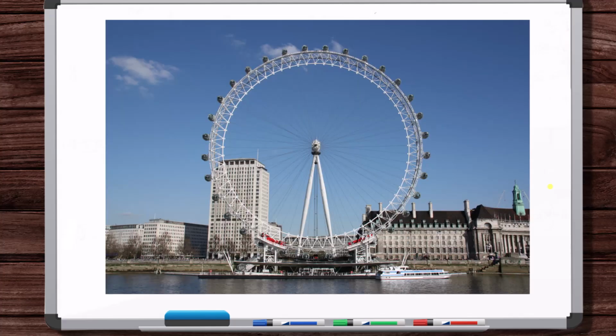So, okay, what we're going to do is a simple model that is tracking the height of someone on a Ferris wheel. Here's, I think, the most well-known famous Ferris wheel in the world. This is in London. This is the London Eye. It's roughly about